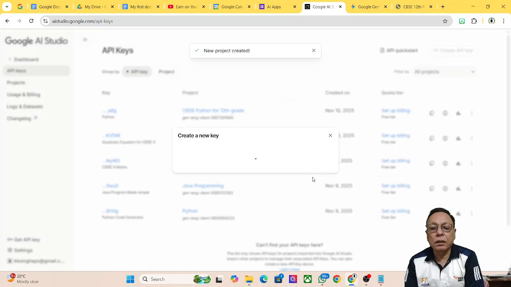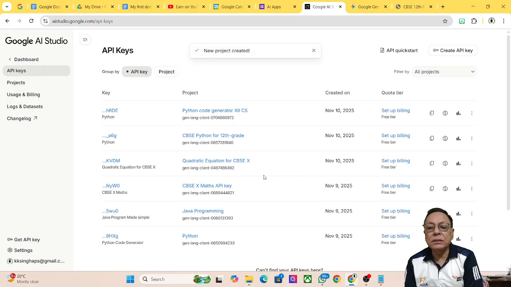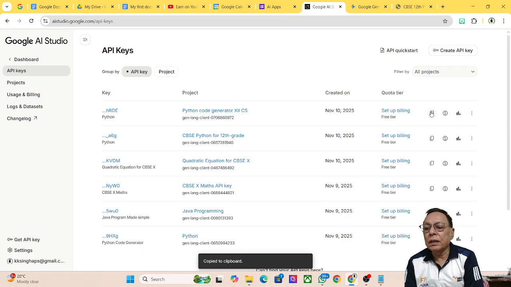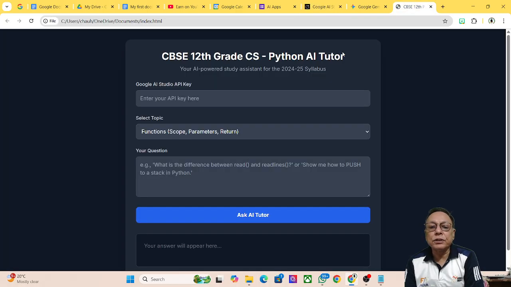Create the key. Once the key is created, so see here 12th CS, and now copy this key and come to this place,